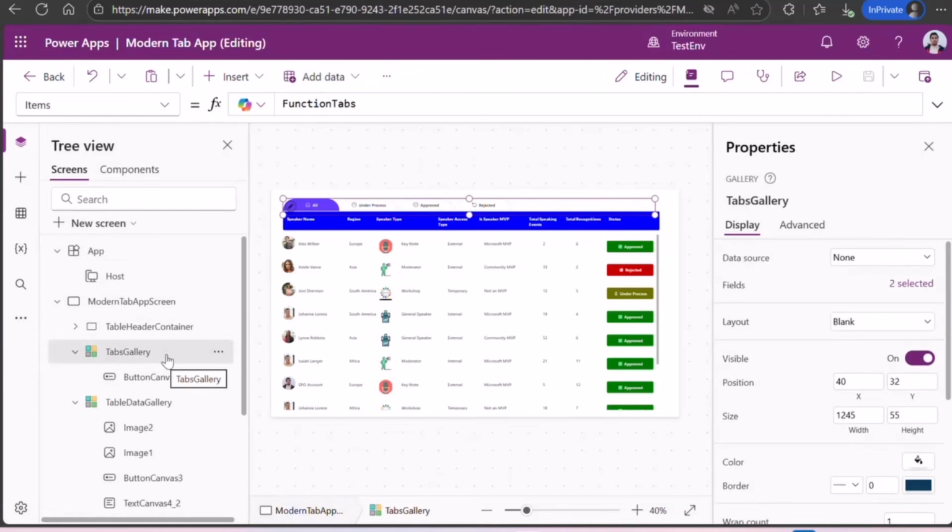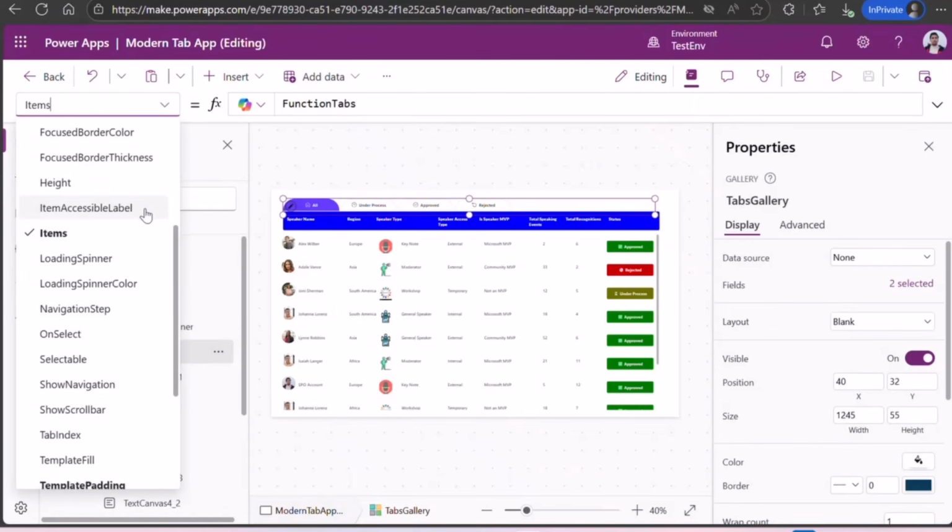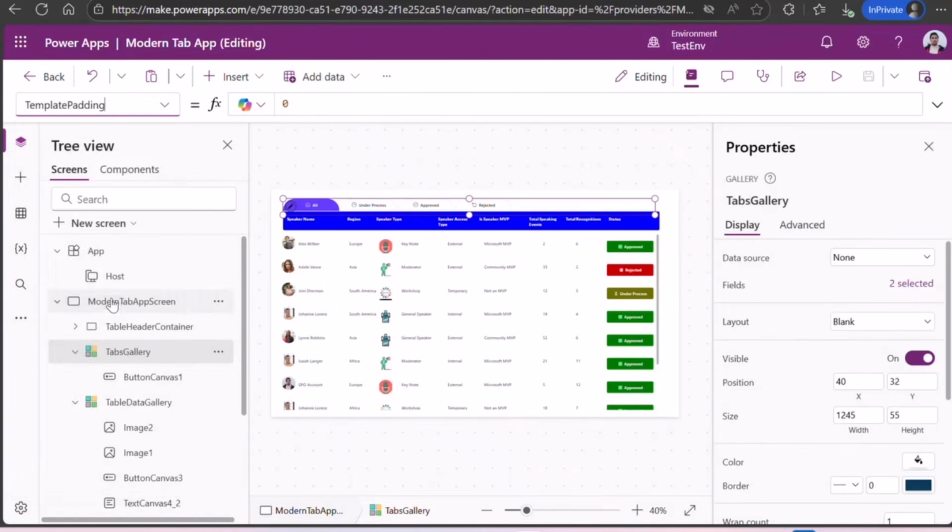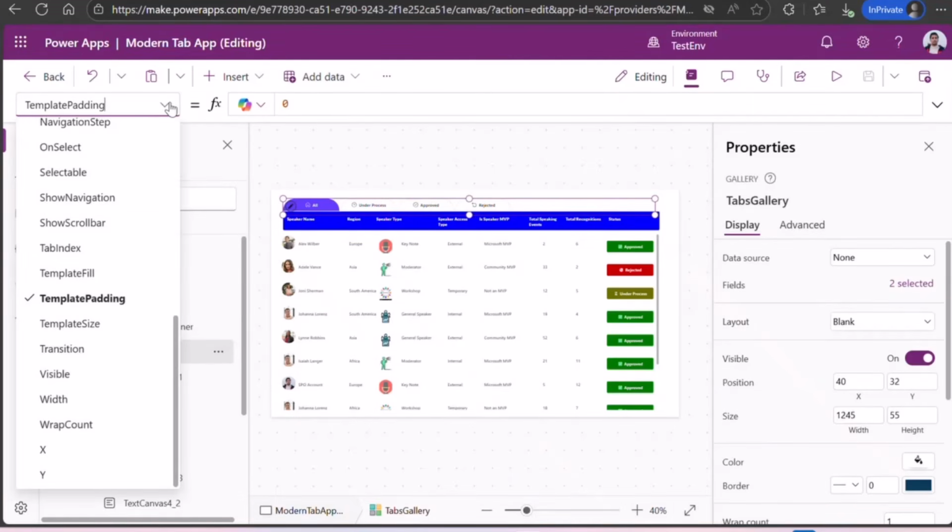Let's go to the tab gallery here. So we have discussed item. So item is our collection. Then template padding. So you can define your template padding as per here. I just like 0 because I'm just making it as a tab